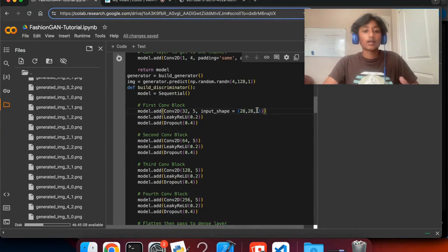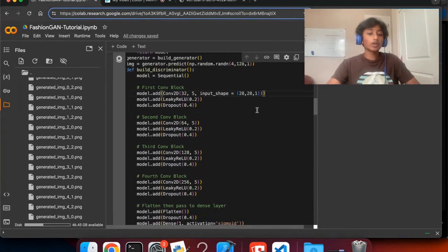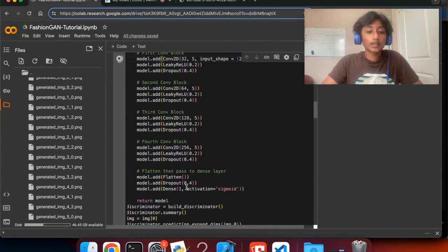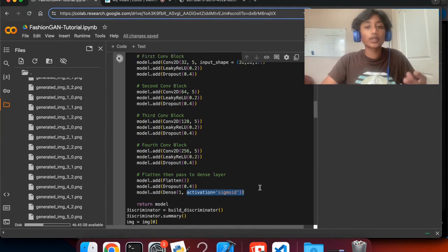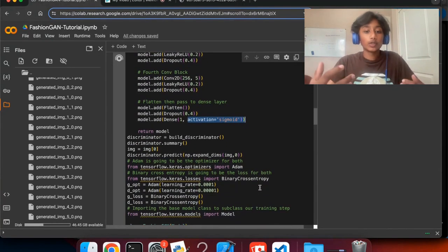And basically, then what we're going to do is we're going to create a discriminator, which is also just a bunch of layers, but it's using the sigmoid activation function. Remember, the discriminator is itself a model that can identify the images. So it's supposed to be able to identify fashion or not. So that's why we have the activation of sigmoid. So then what we're going to do is predict based on the image that was generated by the generator, and